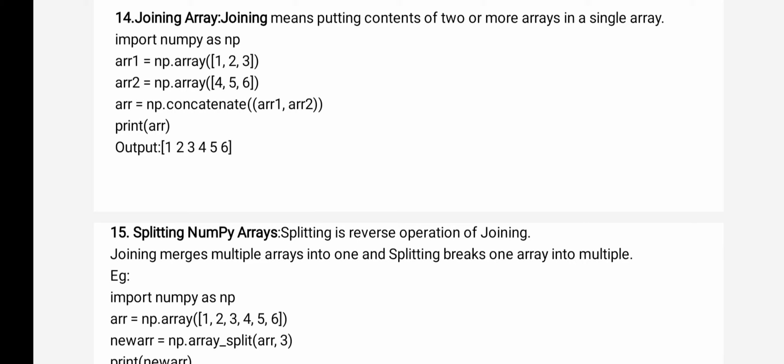Now you see the third array. ARR equals np dot concatenate. I am concatenating 2 arrays. You see in the brackets ARR1 comma ARR2. So 2 arrays I have joined, and those elements I am storing in ARR. How many elements are there? 1, 2, 3, 4, 5, 6. I am joining those 2 arrays, and where am I storing that? In ARR, the third array. What is the use of this concatenate function? This concatenate function joins 2 or more arrays and creates a new array. So when you print ARR, what will you get? 1, 2, 3, 4, 5, 6. Joining output you will get.